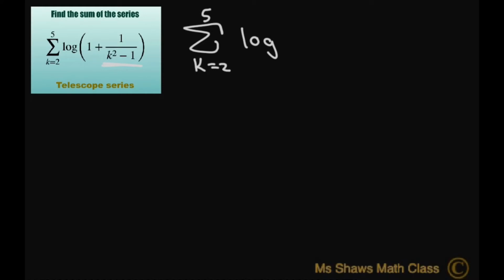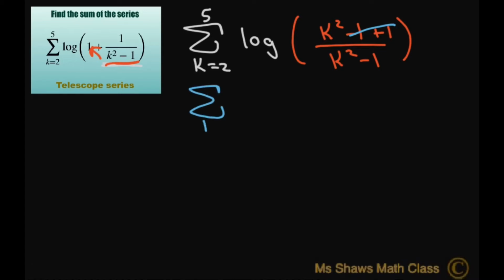Now I want this common denominator to be k squared minus 1. So I have to multiply this 1 by k squared minus 1. Then you still have this plus 1. And what happens is these two 1's cancel. And the next thing we do, because this is a telescoping series, and it's going to make it easier to see the pattern, is write this as log of